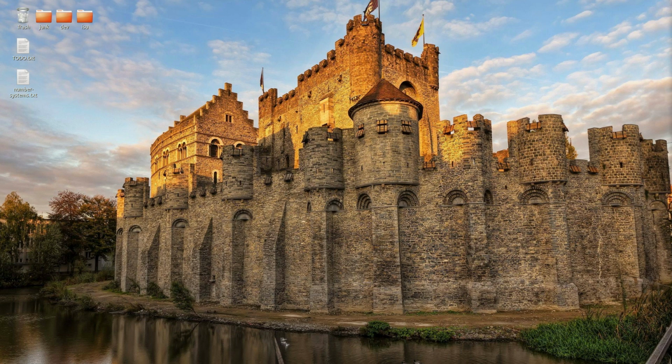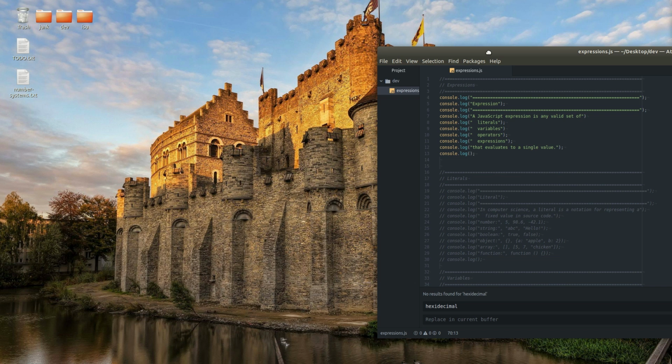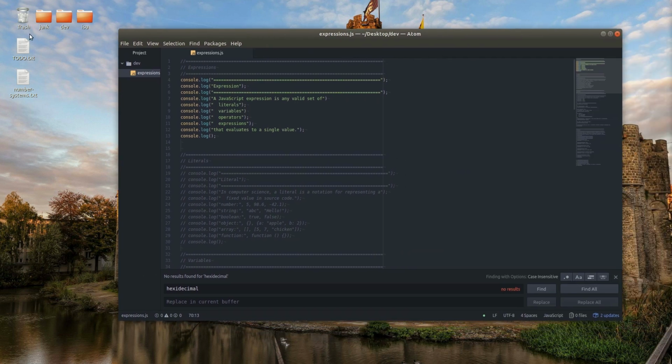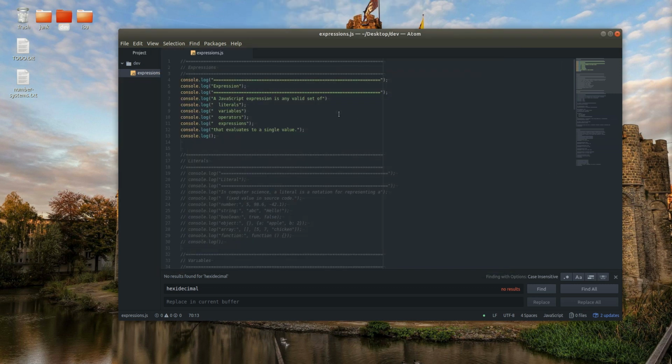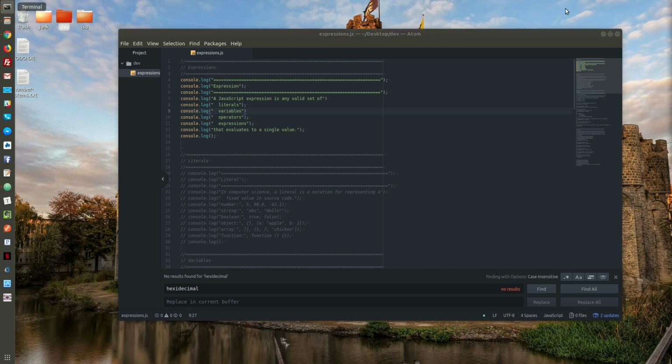Okay, this video is going to be about JavaScript expressions. We're going back to the basics here. We're going to touch on literals, variables, and operators as well. Okay, so I have a JavaScript program here in my dev folder. I called it Expressions. I've got it open in Atom, and it's just a JS file,